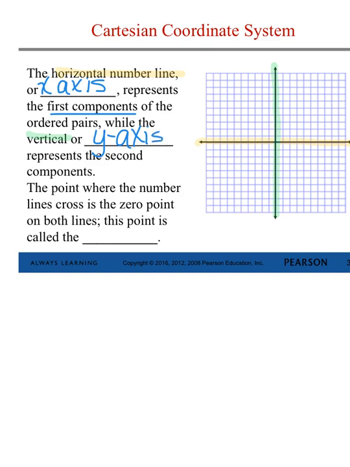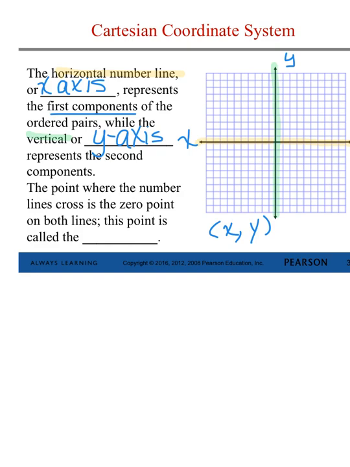So it's important to remember that this is your x-axis and this is your y-axis. And since your points are always written x, comma, y, then it's important to realize which one is which, because